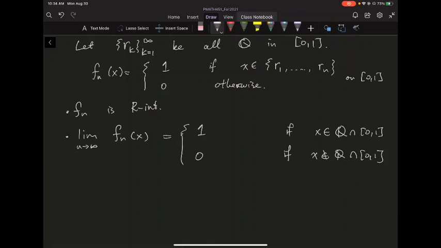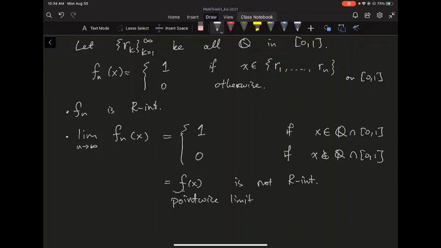And as you can see, this limit function is exactly the function f of x we just defined, which takes value 1 on the rationals and value 0 on the irrationals. And now we have a problem. Each of these f_n is Riemann integrable, but this limit is not Riemann integrable. So we have a situation where each of these functions is Riemann integrable, but the limit, which is what we call the pointwise limit,